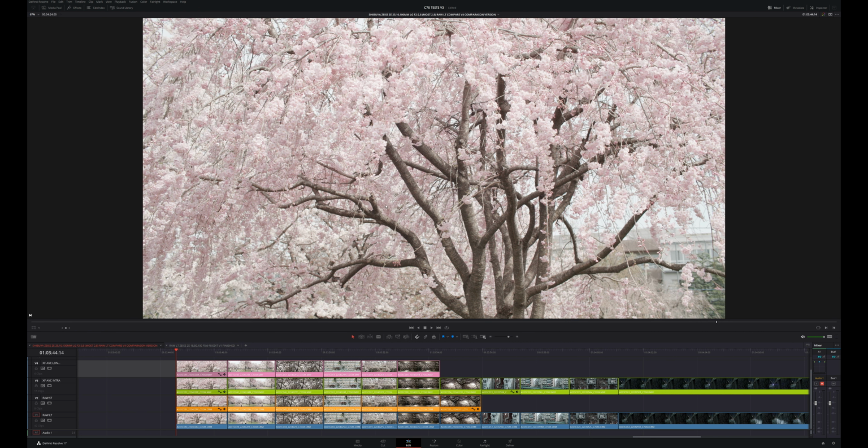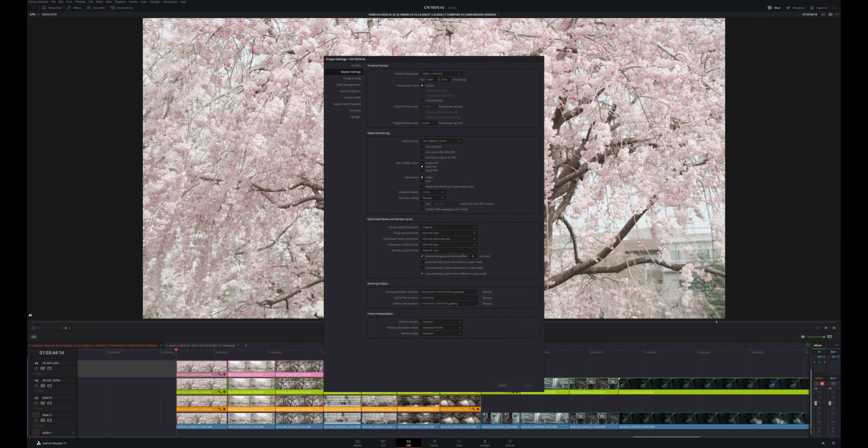Okay, so before I start, I just want to kind of show you how I've got everything set up. I have each layer, each track is a different codec. So we got the RAW LT at the bottom, RAW ST, All Intra, and then Long GOP at the top, which is the pink. So I'm going to run through these and enable them at different sort of zoomed in ratios. So how I have this set up is